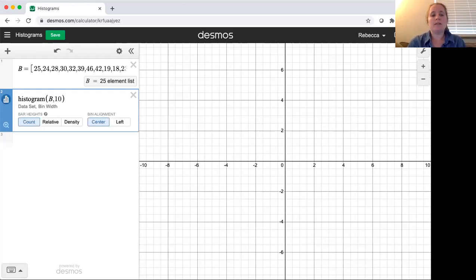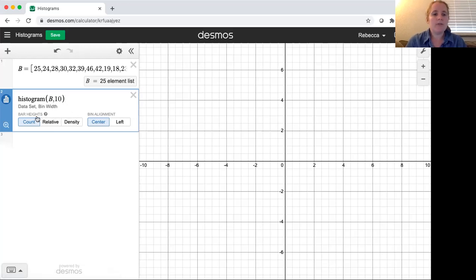So the bin width is referring to how each histogram bar starts at a number and ends at a number in terms of which data values we lump into that category. So at bin width 10, we would say go from 10 to 20, 20 to 30, 30 to 40. Each of those categories we're lumping into spans 10 numbers.